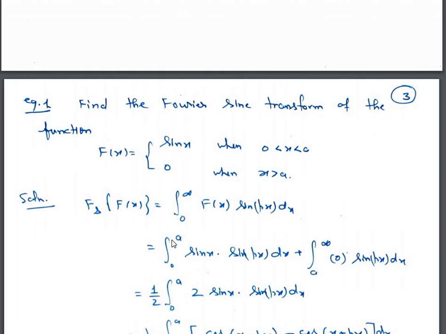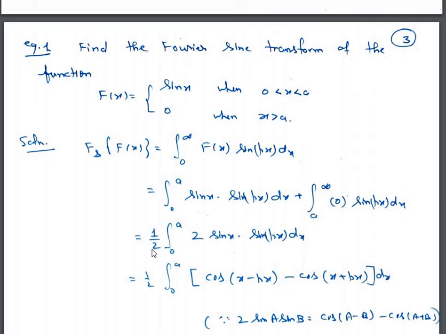So we break into two parts, 0 to a and a to infinity. Now from 0 to a, f(x) is given by sin x, so therefore here we have got integral 0 to a sin x into sin px dx, and from a to infinity f(x) is 0, so integral a to infinity 0 into sin px dx. Now this term is 0,